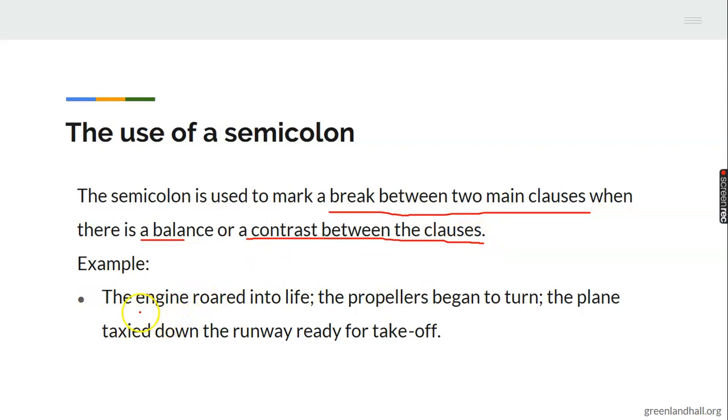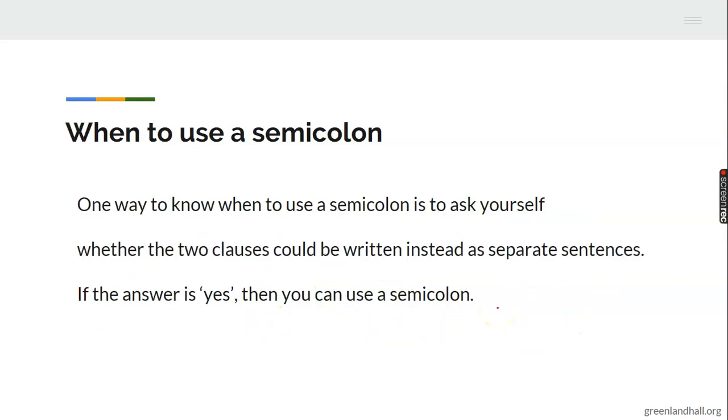For example, the engine roared into life; the propellers began to turn; the plane taxied down the runway ready for takeoff. So you can see the use of the semicolon is creating a balance, a contrast between the clauses. Alright? One way to know when to use a semicolon is to ask yourself whether the two clauses could be